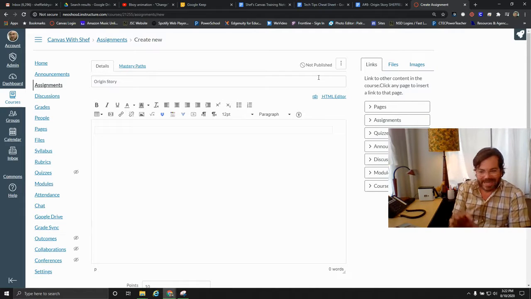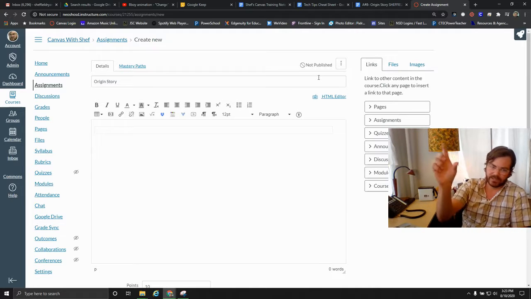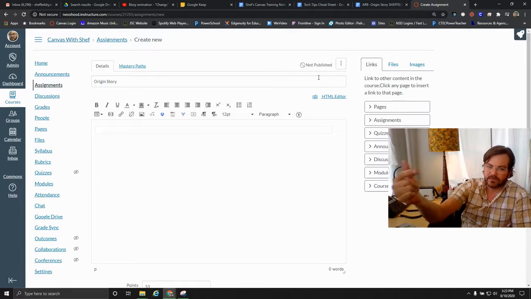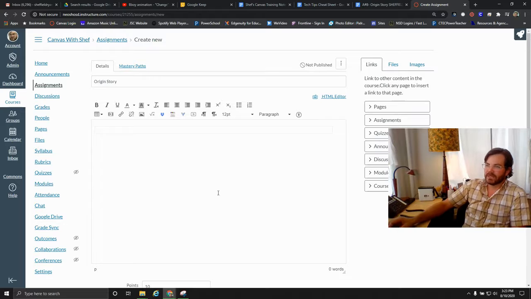If your assignment name is too long, it won't import into the gradebook. It'll tell you when you try to sync, like sync failed, title too long, just because, in the gradebook display, there's too many characters. So you got to keep the names of assignments short. In the past, I have coded some of these like a 1.1, a 1.2, etc. And then you can put more details in the body of the assignment. But I'm just going to call it origin story for the purpose of this